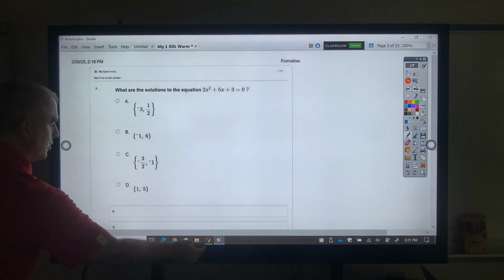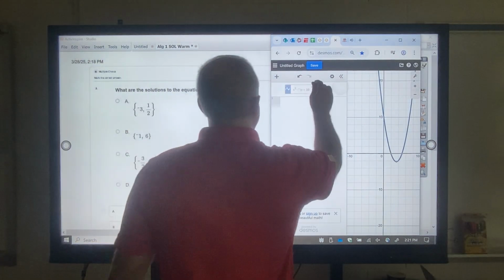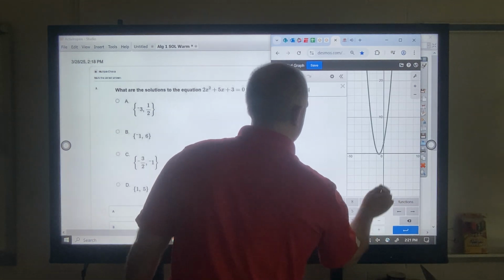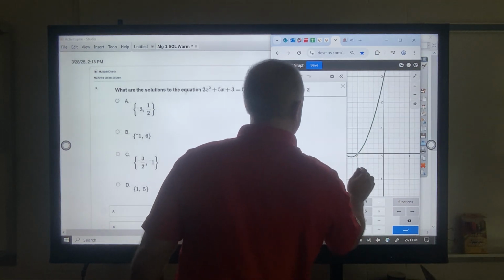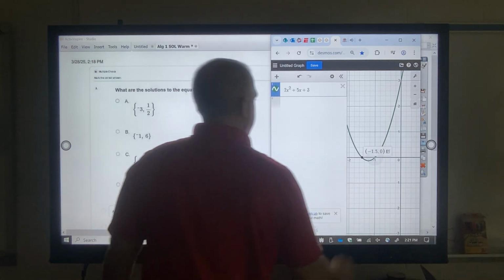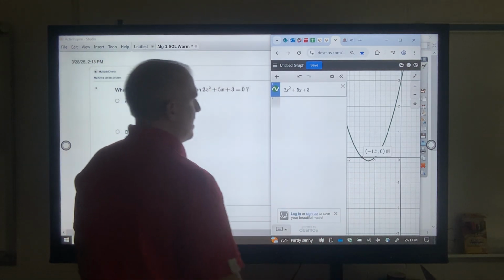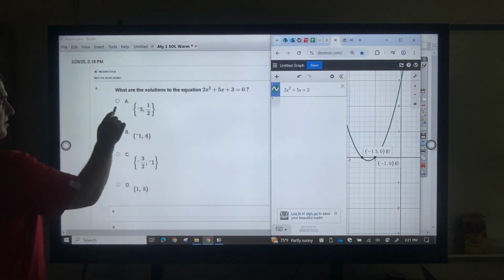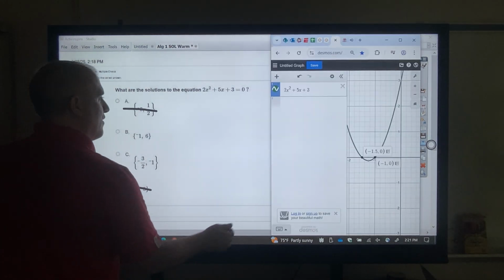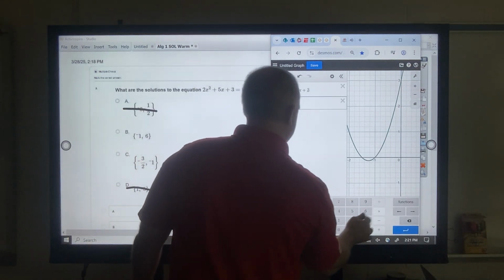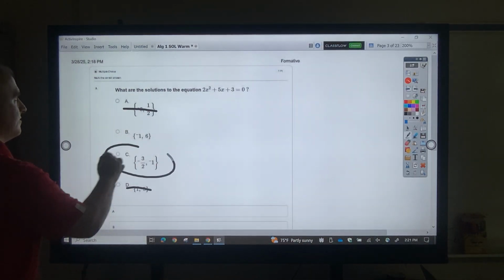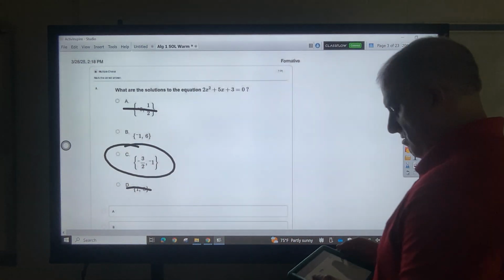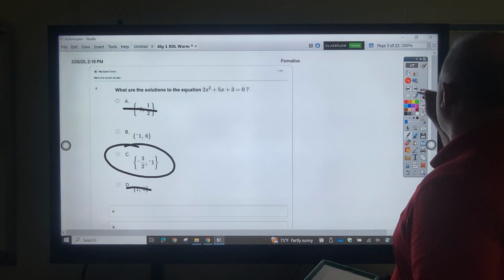Once again, what are the solutions? All of these, real easy. 2x squared plus 5x plus 3. Okay, I got to zoom in here. Okay, all right. Crosses it at negative 1.5. Crosses at negative 1. Now there's negative 1, so these we know these can't be there. Well, if you ever have a doubt about what negative 3 over 2 is, just type it in. It's negative 1.5. Okay, so that is question number 4. Sorry, question 3. Okay,